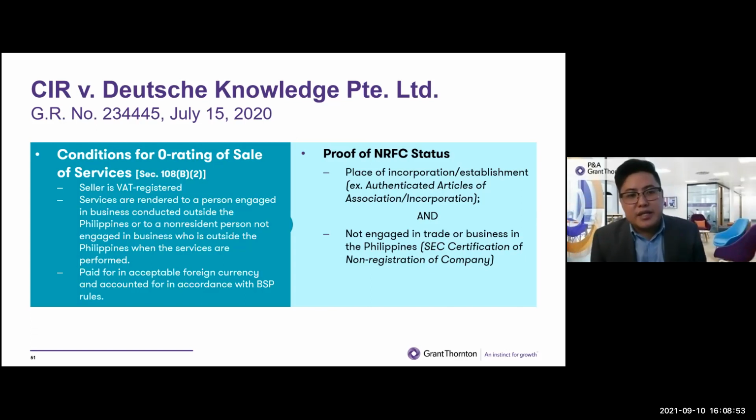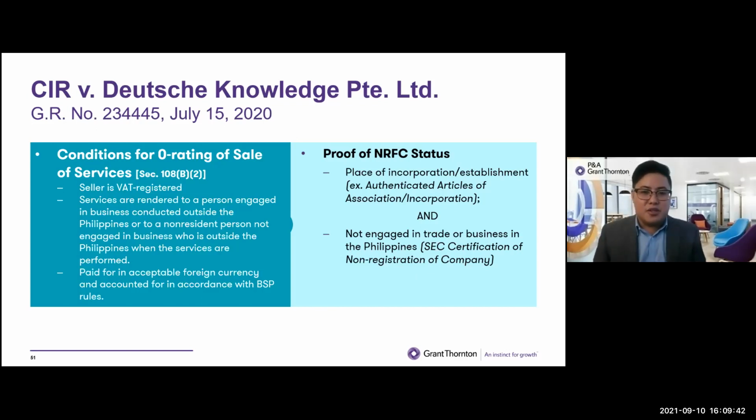Now, in this case, the CIR disallowed the claim for refund by Deutsche. The CIR claims that Deutsche failed to submit proof of submission of monthly VAT returns or monthly VAT declarations. The CIR also pointed out that you failed to keep and preserve your books within the period required under the law. If you have to simplify that, it's more like an open case. So the BIR is saying, because of these open cases, violations, your claim for refund should not be